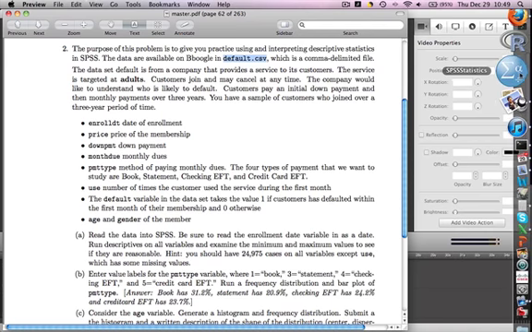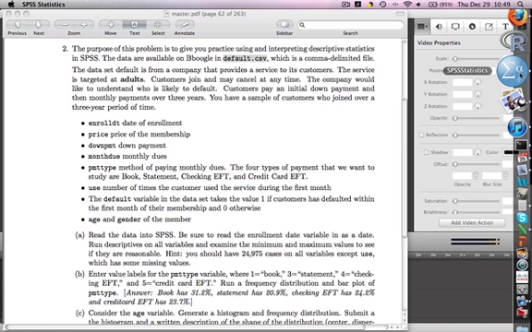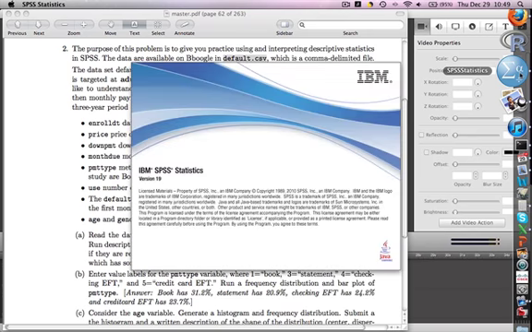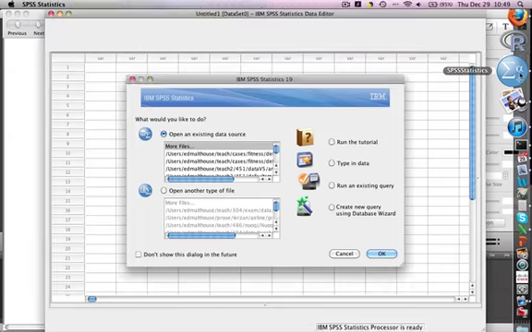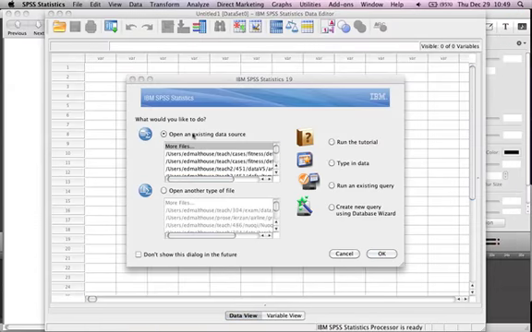Instead, I just go over to SPSS, and SPSS takes a while to load. So maybe go make yourself a cup of coffee at this point. And eventually SPSS will load up. And now it says, what would you like to do? Well, let's open up an existing data set, and you'll see that SPSS remembers that we've already,